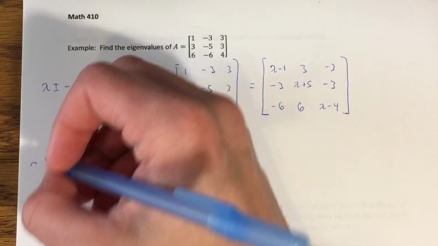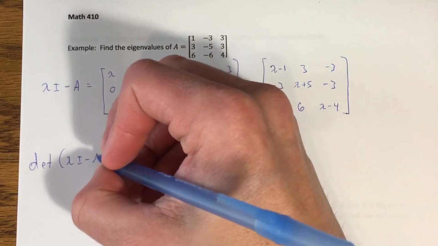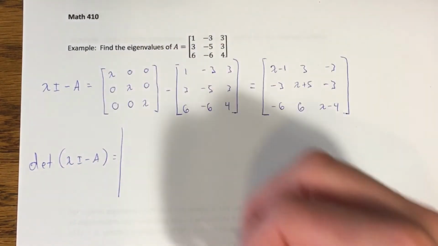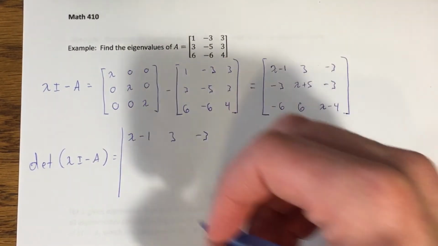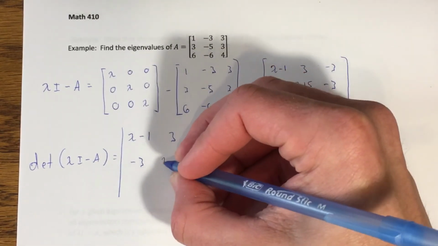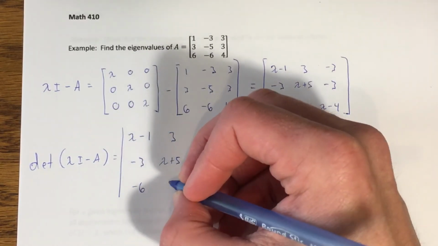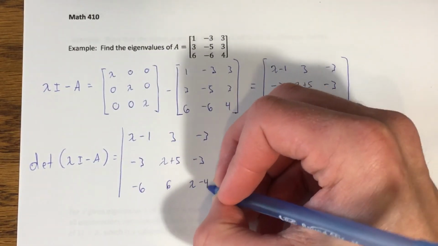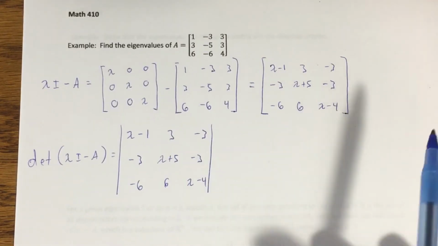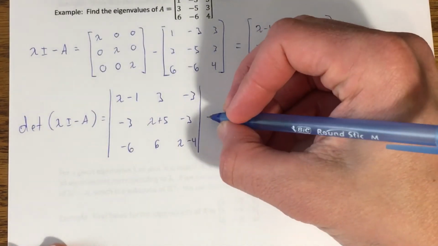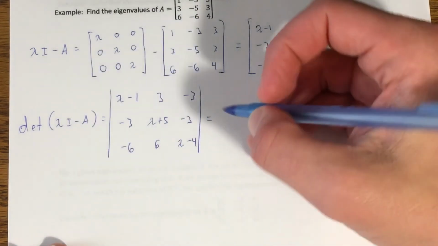So again, we want the determinant of lambda I minus A, which is this determinant right here: lambda minus 1, 3, negative 3, negative 3, lambda plus 5, negative 3, negative 6, 6, lambda minus 4. We're going to set this equal to 0, but let's start by doing a cofactor expansion for this. So I'm going to expand this along the first row. So I'm going to have lambda minus 1